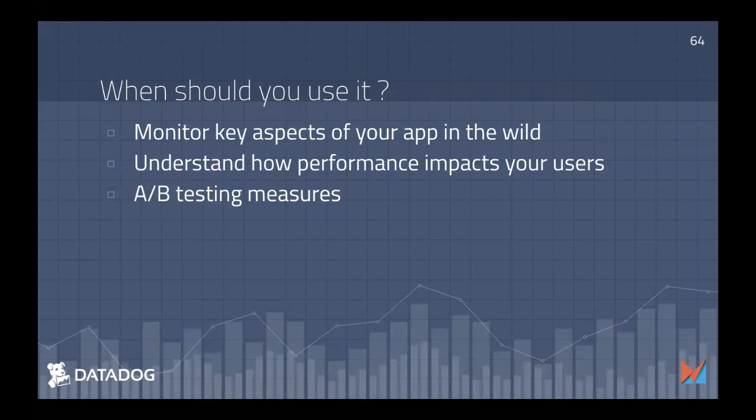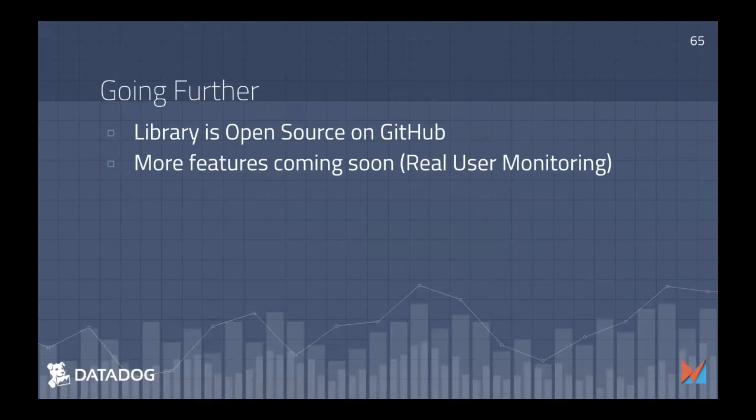Because you can attach structured information to your logs or traces, you can also divide your graph between people with A or B version of a feature. If you want to go further, the library is open source on GitHub, so you can take a look at it and start opening issues or pull requests if you want to. And more features are going to be coming very, very soon, including real user monitoring, which gives you a more analytics view of how people navigate through the different screens of your application and what they're doing with